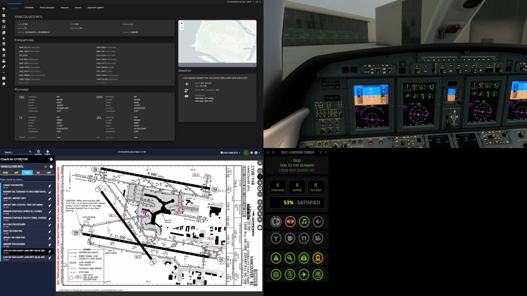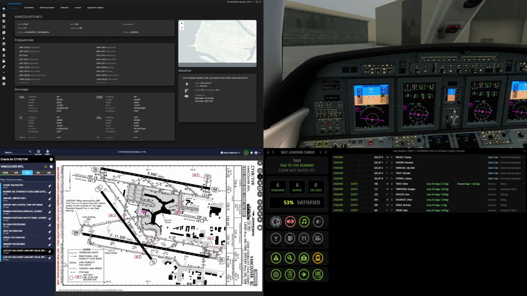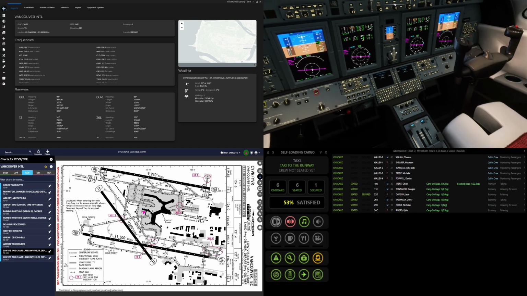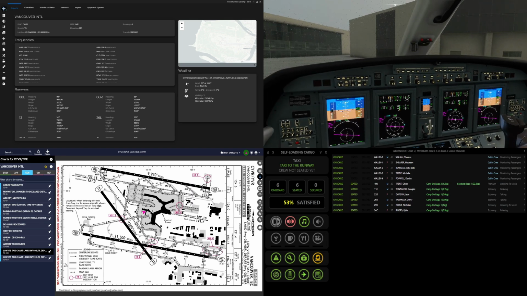I am about to, okay, I was doing something else. I'm about to turn on the seatbelt signs. So let's get the passenger manifest here so you can see it over here. The passenger information on the right hand side. So now the passenger safety briefing is going on. I will turn on the belt signs so